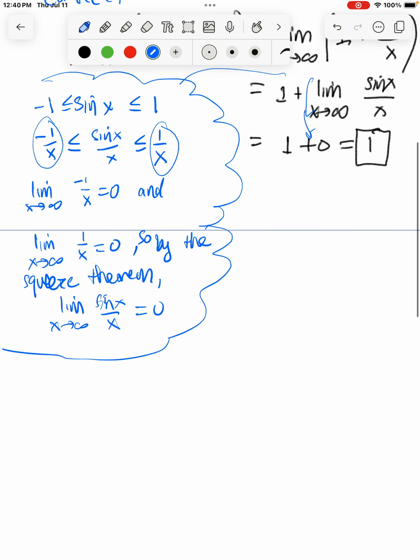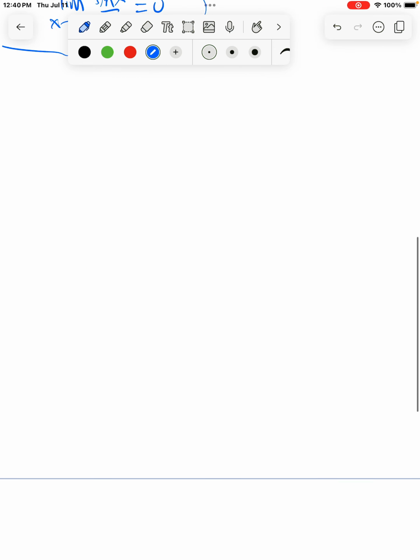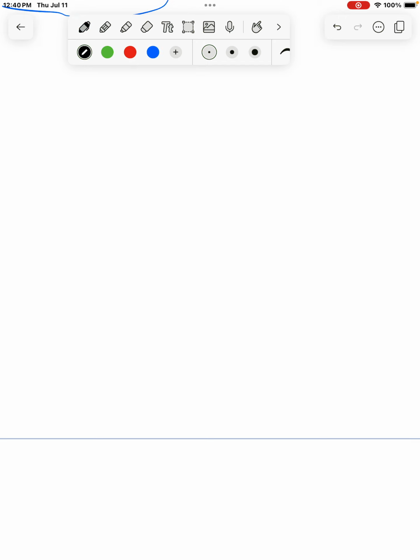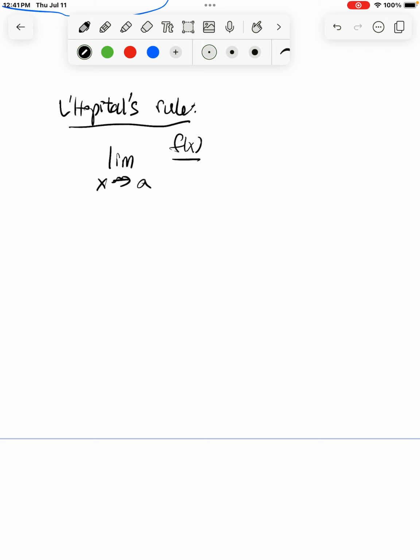Well, what went wrong is you have to pay attention to exactly what L'Hopital's rule says. L'Hopital's rule says that if you have, I mean, there are different versions of it, but the one we had was the infinity over infinity version. So if you have some limit of f of x over g of x, and you get infinity over infinity, so if f of x approaches infinity and g of x approaches infinity,